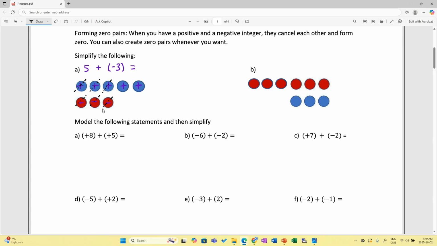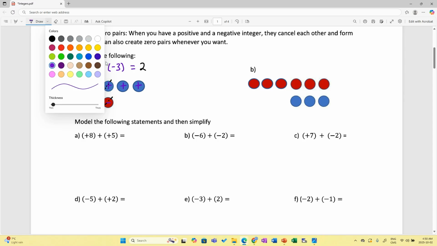Okay, and after I canceled out every positive and negative that I can, I simply ask myself, what is left over? And what's left is 2 positive circles. So I can say that 5 plus negative 3, the answer will simply be 2. Now let's move on and do B. B, I have,